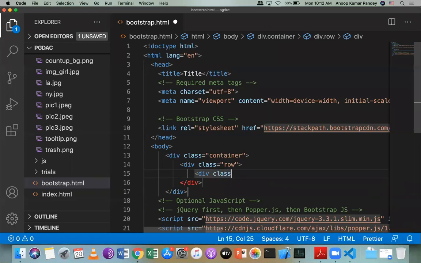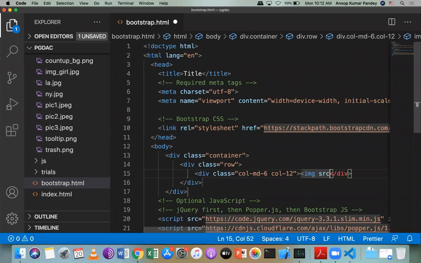Div class equal to column MD6. So on medium screen and above, it will take 6 columns, and then on a small screen, it will take 12 columns. Okay. In between, I will put an image, source equal to